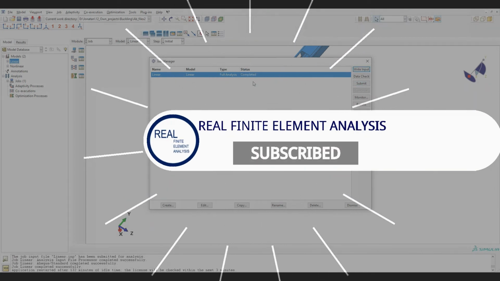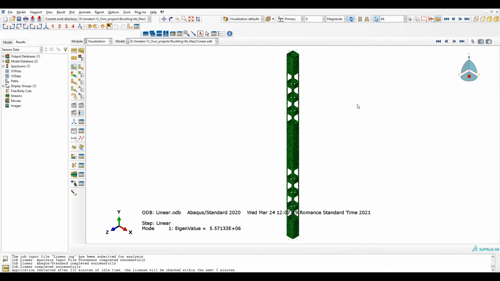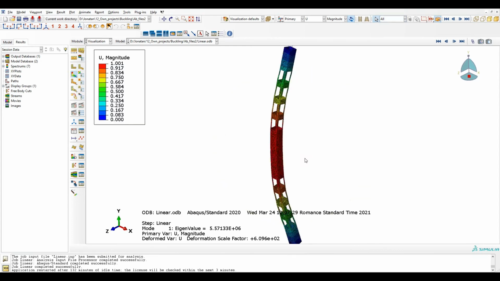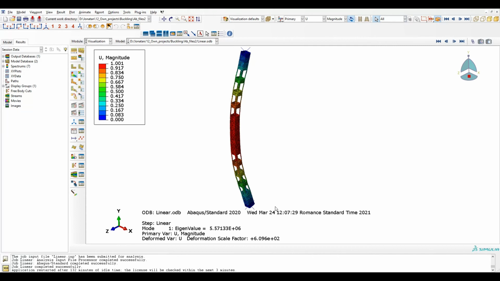Well, the model is completed, the run is completed, so let's go to results. And here, what we need from here is just to check if the mode shape is what we wanted. This is what we wanted. And the eigenvalue. Okay, so let's write down the eigenvalue, and with this we will modify the non-linear model.